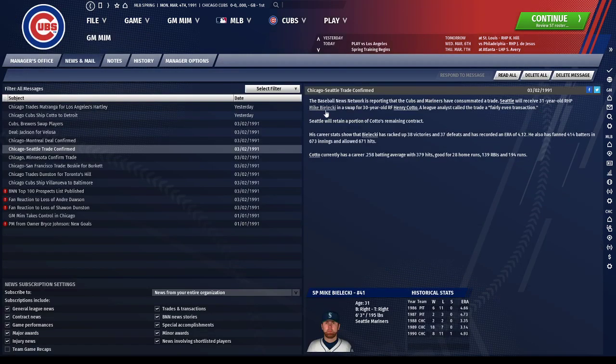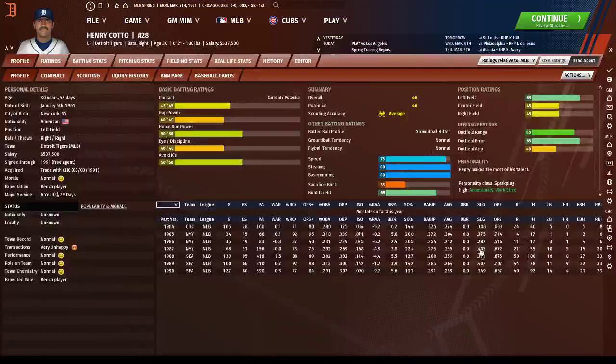So the fact that I was able to trade him and also get Seattle to retain some of Henry Cotto's contract. I picked this guy up, and then after going through some more trades, I wound up trading him again. So it's not real important that I talk about him. But this was a guy I was thinking, I can use him as part of the platoon. He can be my right field